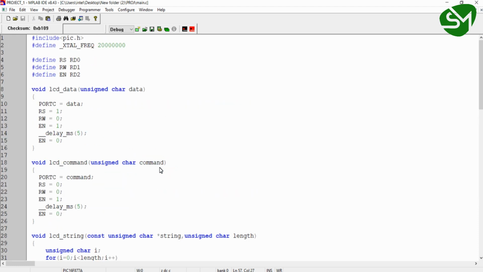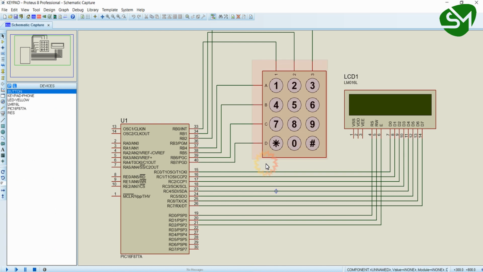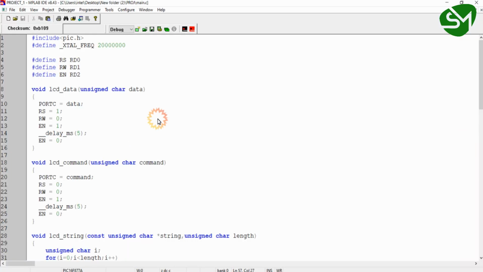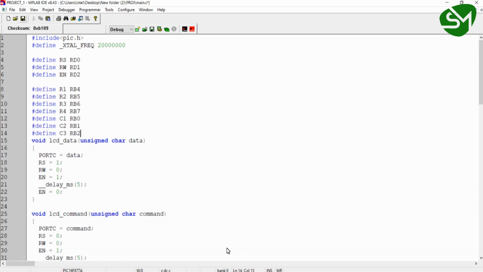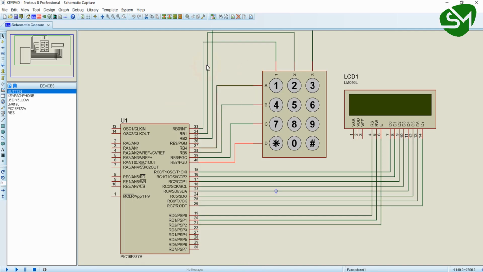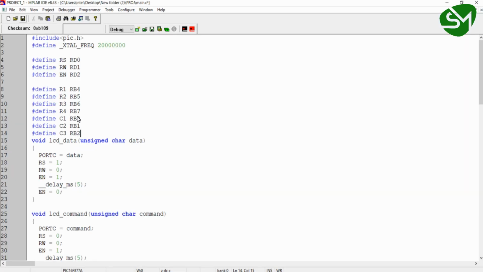The first thing that we need to do is define macros for column 1, column 2, column 3, row 1, row 2, row 3 and row 4. We will do that over here. As you can see, C1, C2, C3 are connected to RB0, RB1 and RB2, so I have given C1 RB0, C2 RB1 and C3 RB2.